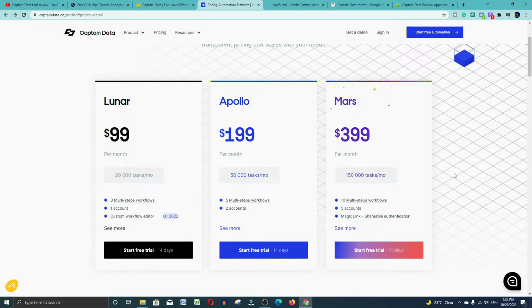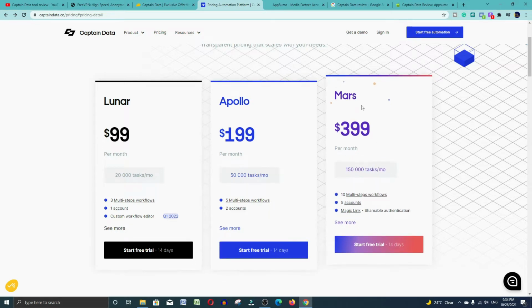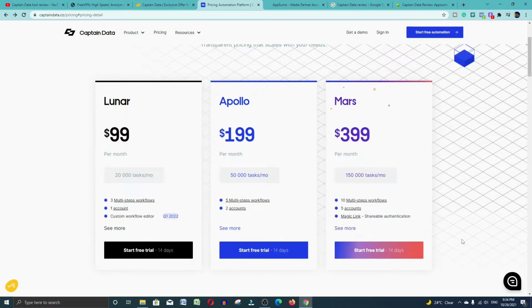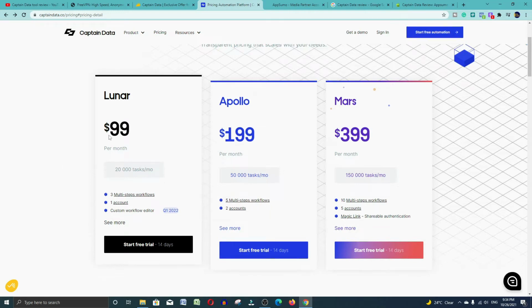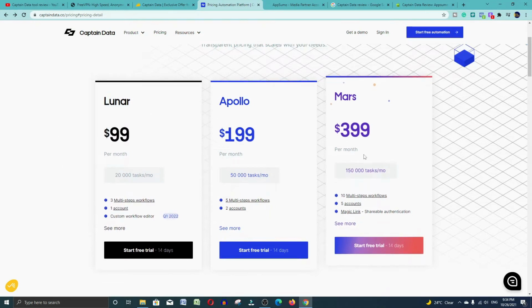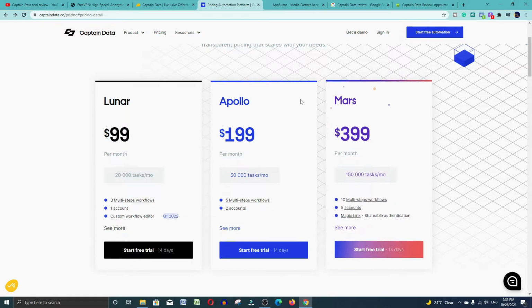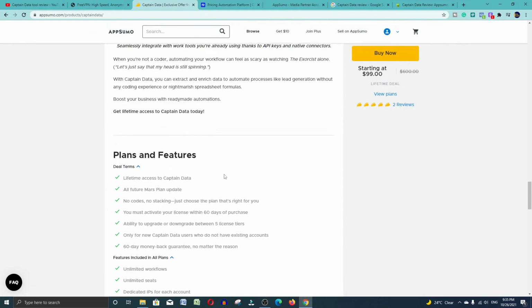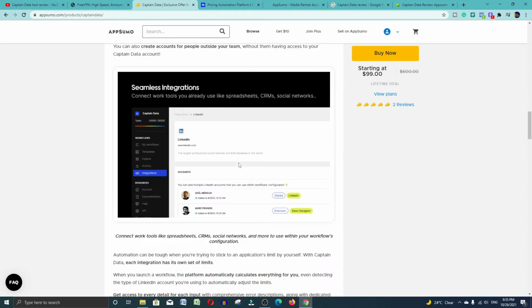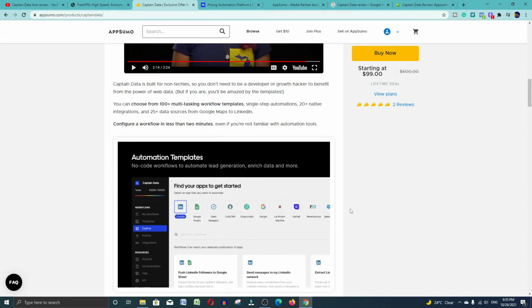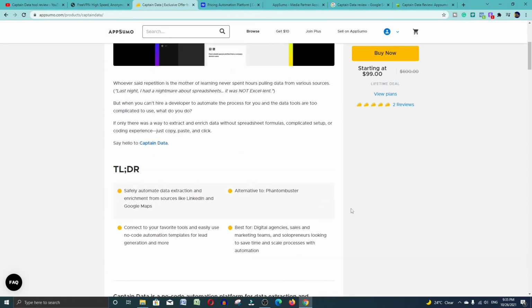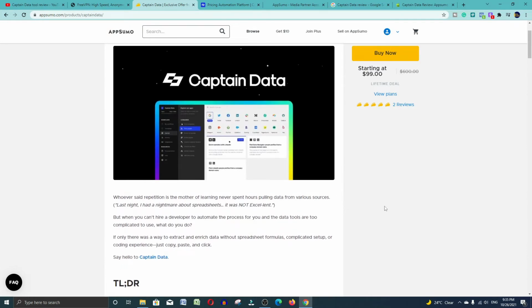But I have an amazing deal for you here. If you buy this tool from the official website, you have to pay all these amounts, whichever one you choose. But if you want a lifetime deal, you can buy this tool from the AppSumo Marketplace. AppSumo Marketplace is a platform where you can buy digital products for your digital businesses. You can automate all your businesses with these digital tools. AppSumo is a highly rated, trusted platform from where you can buy this tool.